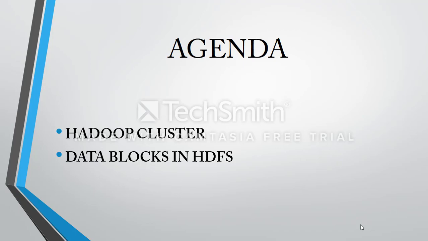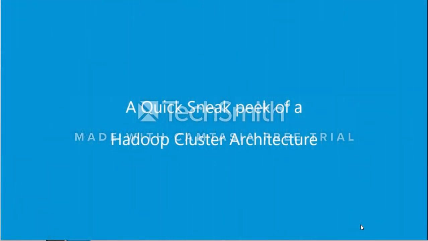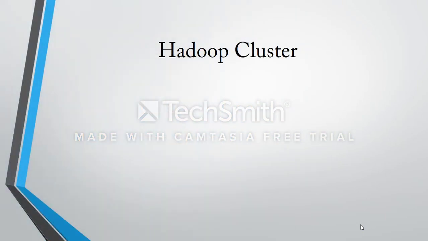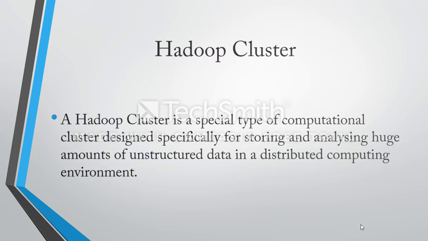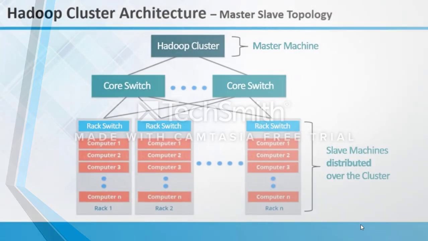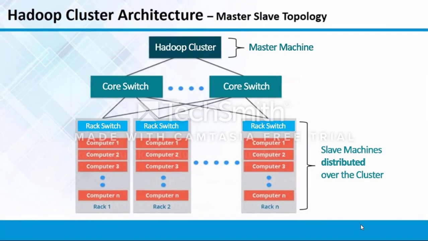So now let's take a quick sneak peek at the Hadoop cluster architecture. A Hadoop cluster is a special type of computational cluster designed specifically for storing and analyzing huge amounts of unstructured data in a distributed computing environment. So this is what an overview of a Hadoop cluster will look like. A Hadoop cluster is nothing but a master-slave topology in which there is a master machine, as shown on the top,